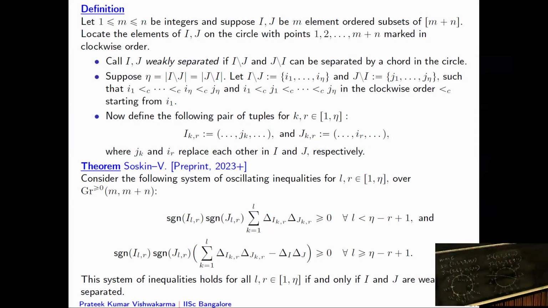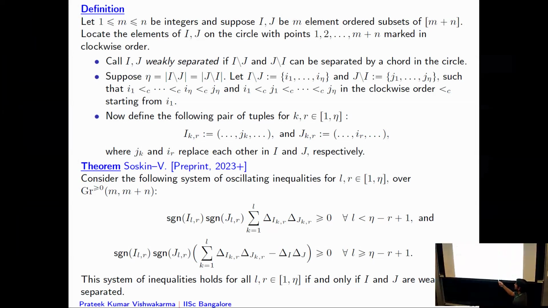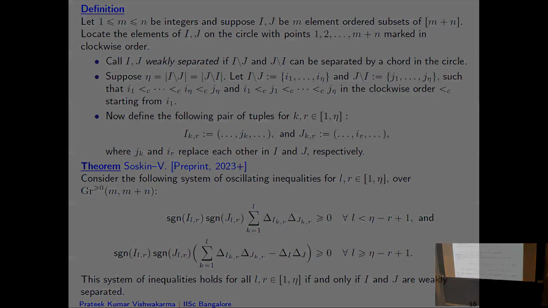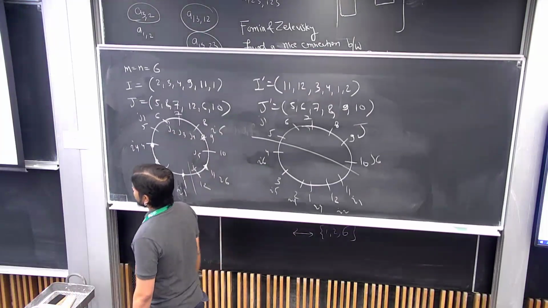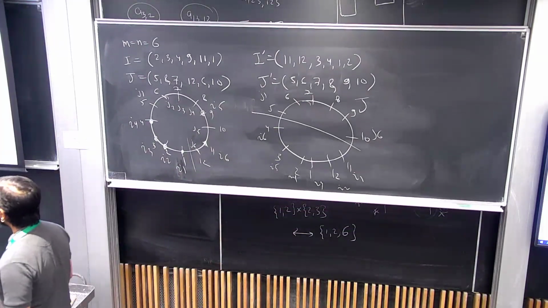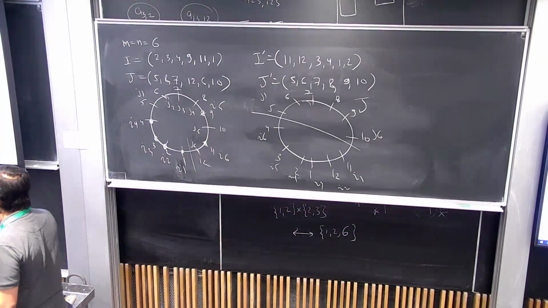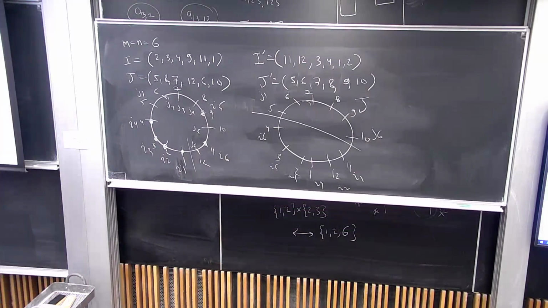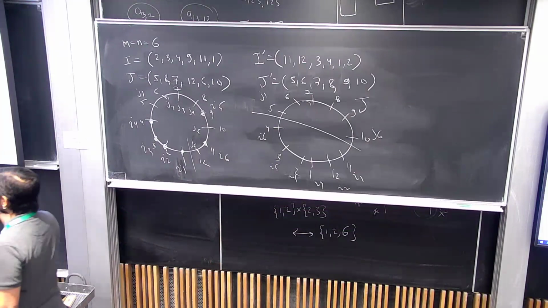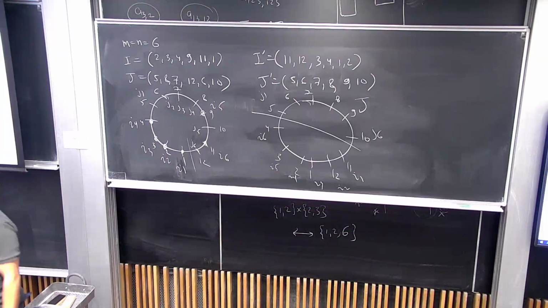So this is that midpoint that I was talking about, where the terms delta I and delta I times delta J appear in that expression. So we basically have these types of inequalities. Now, the interesting part here is that I will talk about the inequality. I'll present some examples, but the fact is that these inequalities hold only when I and J are weakly separated,